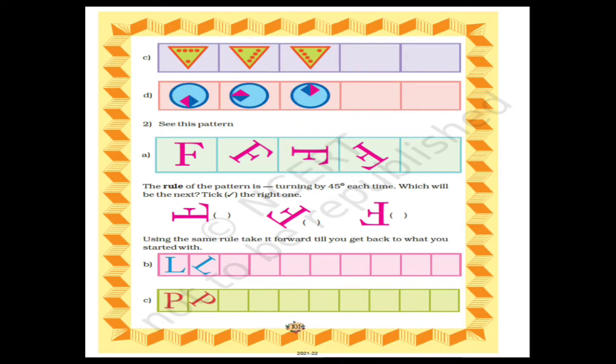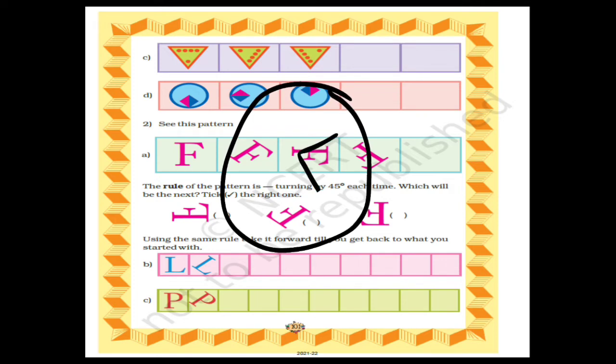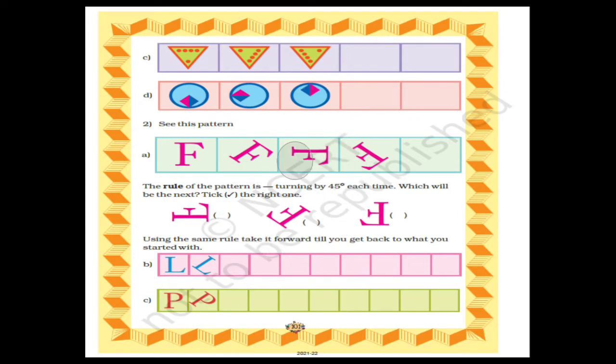So in the next, that is in the fourth box, you will draw like this. Make a circle, then draw that design like this. So it will be on the right hand side. So this way you are going to draw in the fourth box. Now in the last box you are going to draw this pattern again. So this way the pattern will repeat again. This will make a pattern. Now let's see the question number 2.